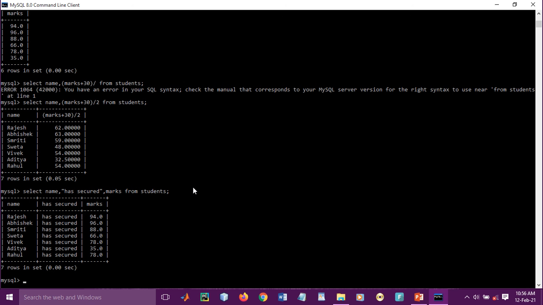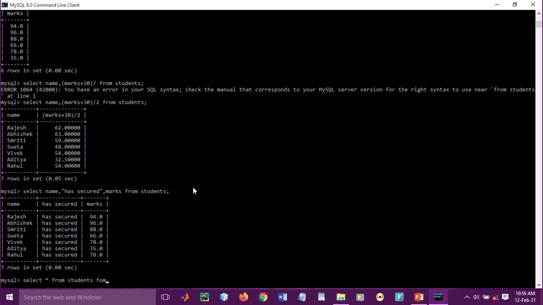Suppose you want to see the names of those students who have secured marks more than, let's say, 65 or 66. You can type select name, marks, or if you want to see everything, select star from students.